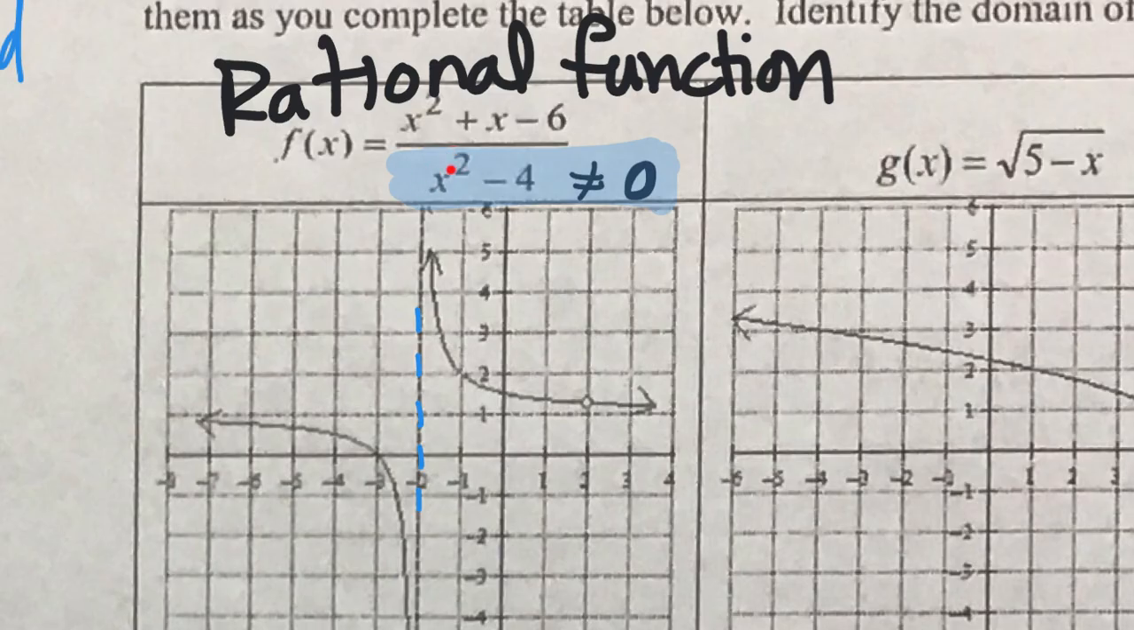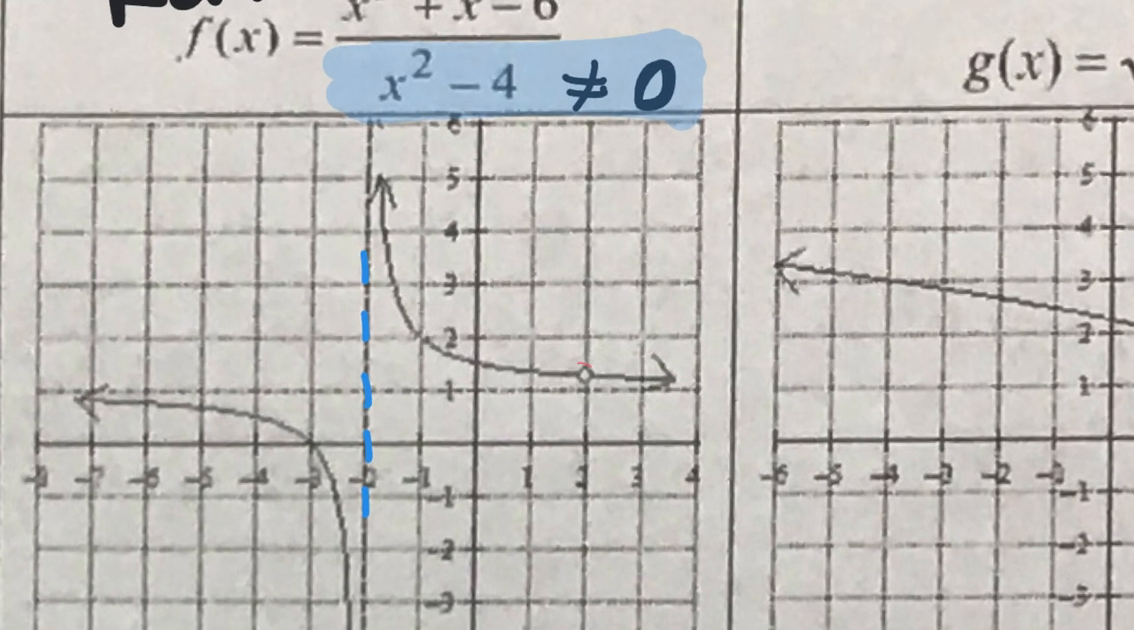-2 squared is 4. 4 minus 4 is 0. That can't happen, so we exclude -2. And what else do we notice about our graph? There's a hole at +2, which means we also have to exclude +2 from your domain. We cannot plug in +2 or -2 into your denominator, or your denominator will be 0 and your function is